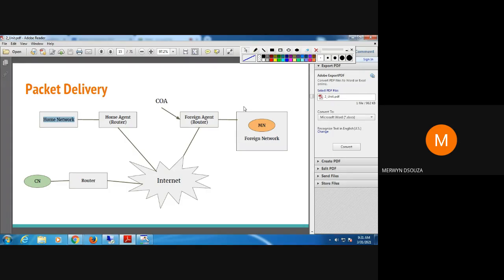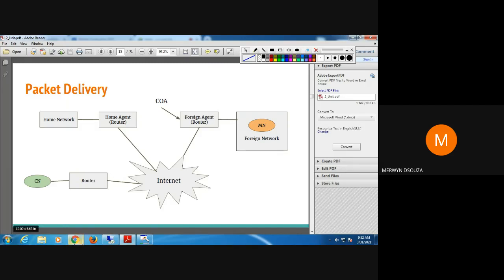That's why the mobile node has to go to a foreign network and find one temporary address. Once it finds this temporary address, it has to inform the home agent about it. Once it informs the home agent, any packets sent by the CN to the home agent will be diverted and sent to the foreign network, through the foreign agent, and delivered to the mobile node. So that's why registering the care of address is very important. Remember, such questions are very important. They'll be asked during the Viva.